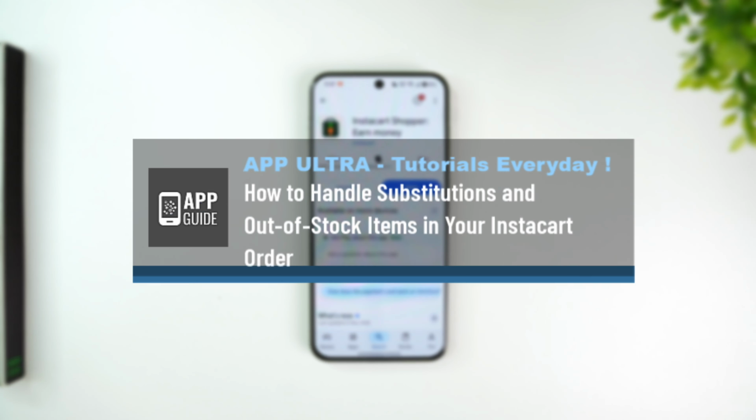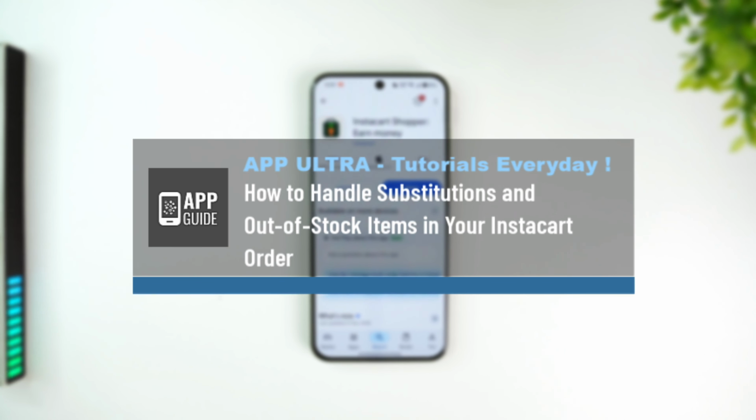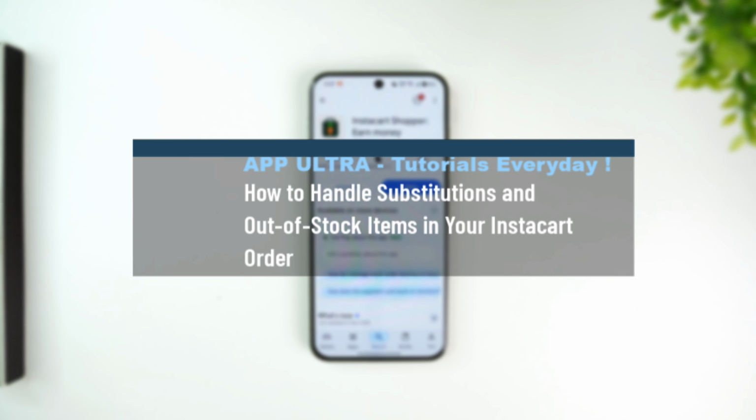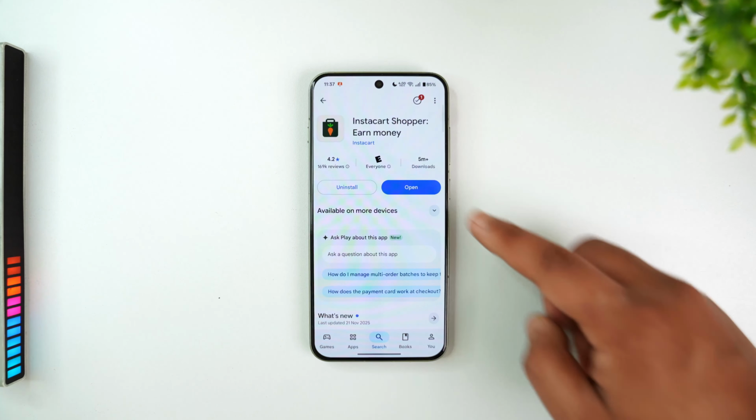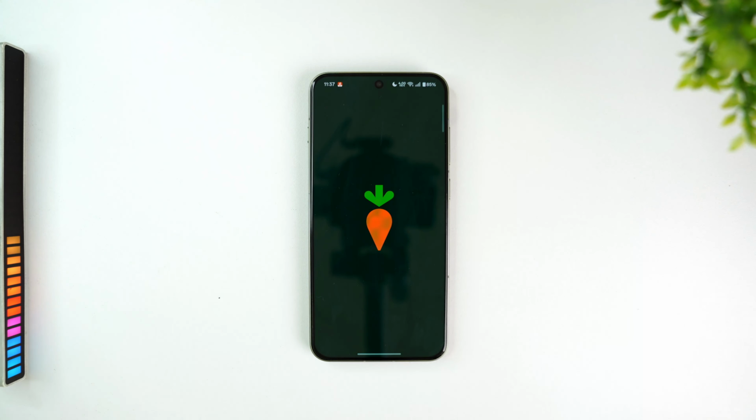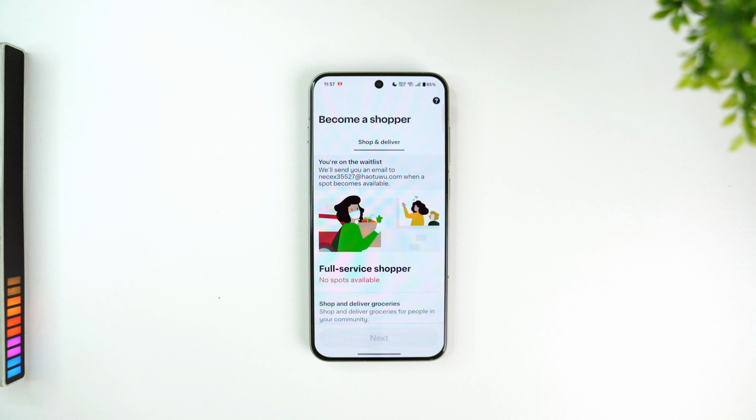How to handle substitutions and out of stock items in your Instacart order. If you want to handle substitutions, for example, if you sell via Instacart shopper and you sell some items, you want to handle substitutions and out of stock options, then you must set replacement preferences in advance by choosing to replace with specific item or replace with the best matched item or refund this item for each product in your